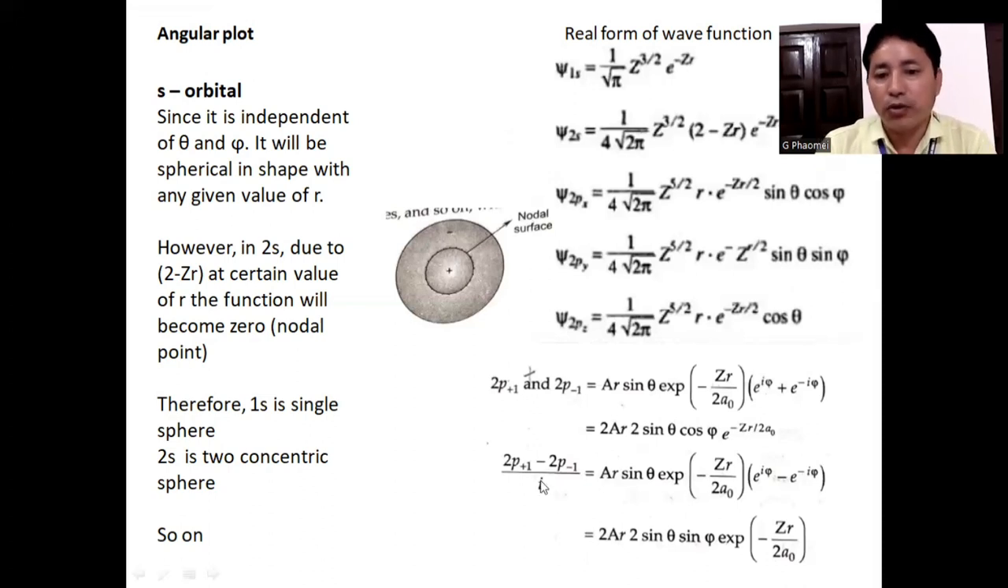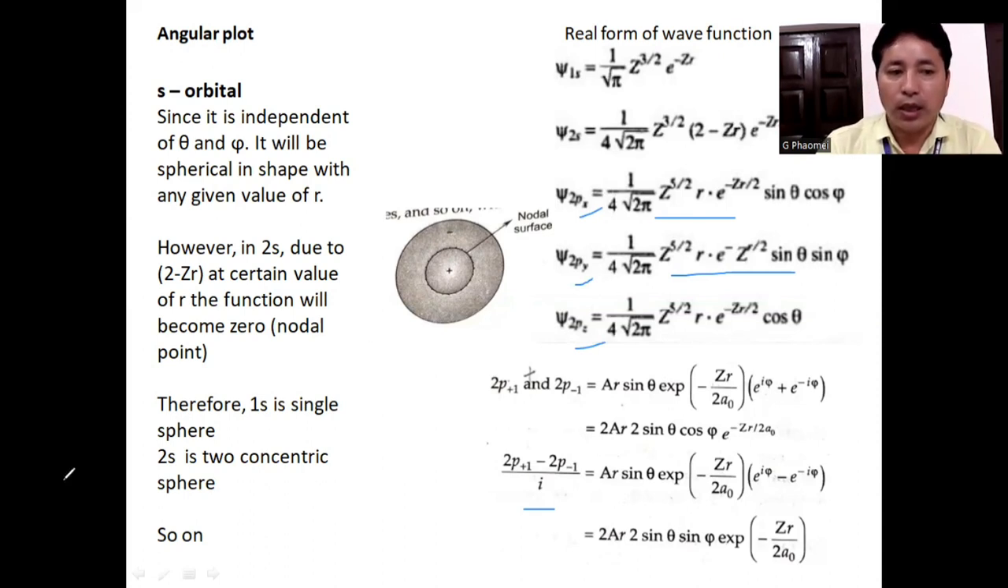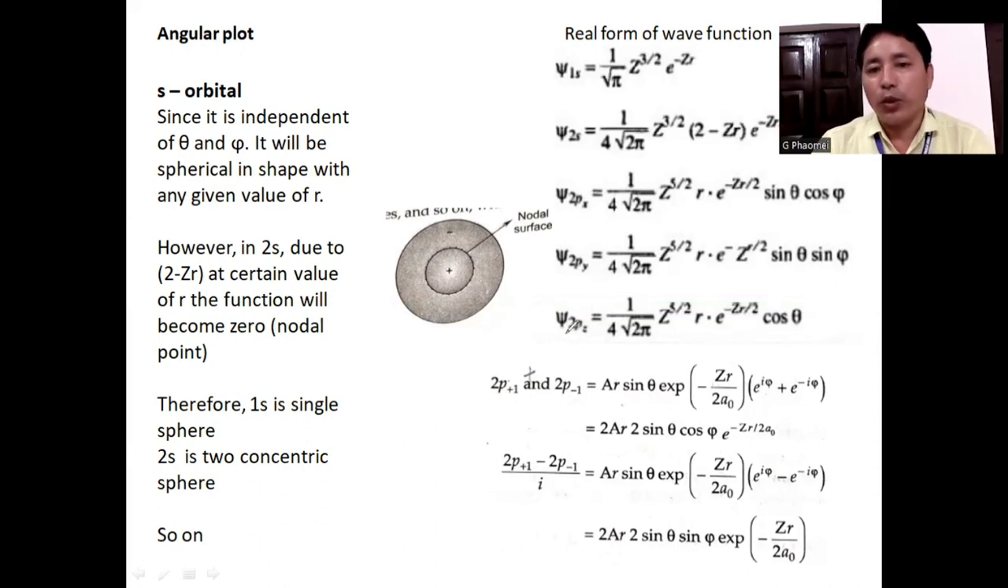If you subtract them, we get sine theta sine phi, which is equal to the y-axis. Therefore, we know that this belongs to the y-axis and this belongs to the x-axis. Therefore, this is called 2px, this is called 2py, and this is called 2pz. So to determine the shape of the 2p orbitals, we can see this,